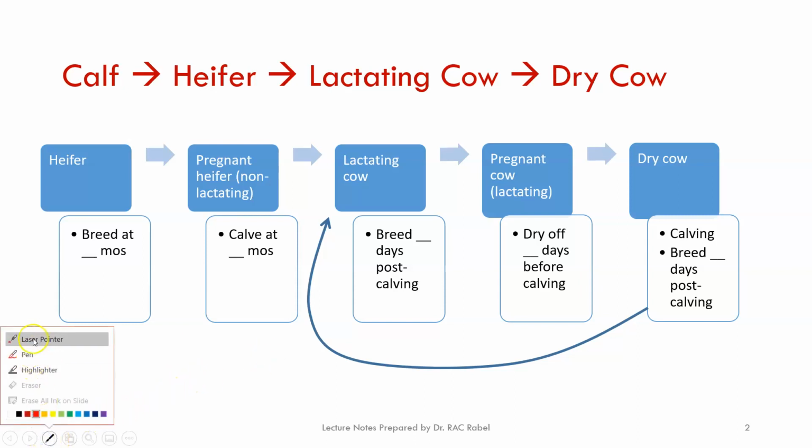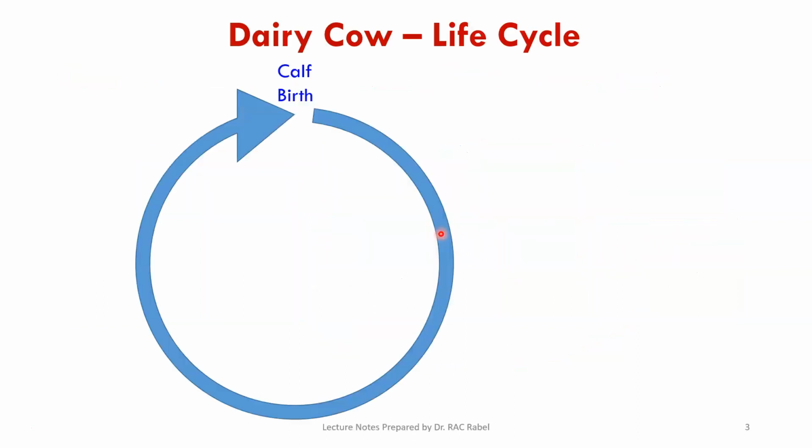So by now you should know when to wean, when to breed, when to calve, all the body weight ratios, age, and all this, right? So right now we are here, right? So we are right about here, and we'll be covering the rest of these topics during the next few lectures, right? So you already know about this,